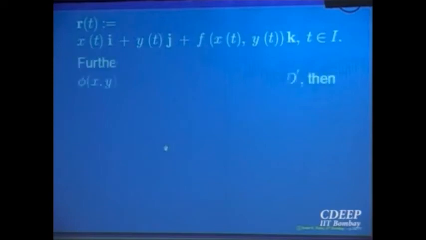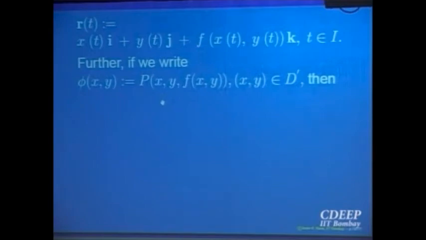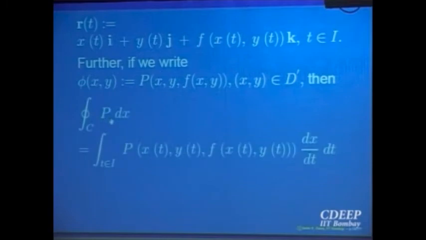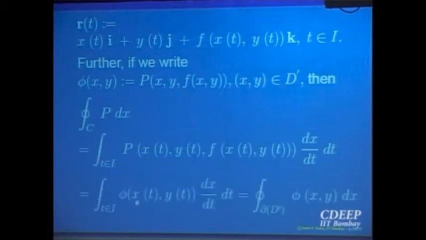So we do that. Because you are taking a projection, the point on the boundary is going to vary only with respect to x and y. Now it is a function of three variables, so write phi(x,y) as P(x, y, f(x,y)). Once you have done that, your line integral of P dx, so what is P dx? P evaluated on the boundary, times dx/dt into dt. So that you write in terms of phi. So that is equal to the integral of phi.